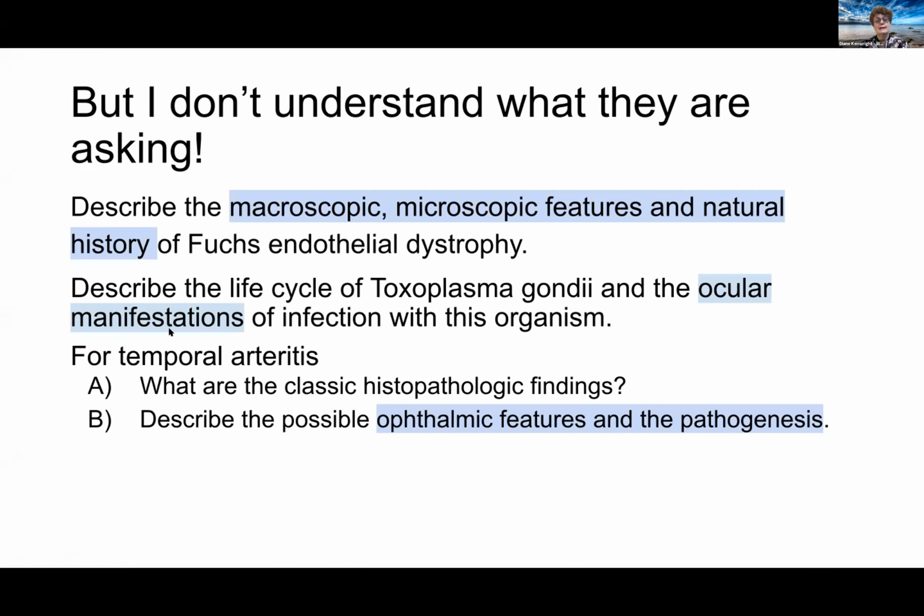Right, temporal arteritis topic. What are the classic histopathologic findings? They want to see what it looks like down the microscope. Describe the possible ophthalmic features and pathogenesis. Ophthalmic features means clinical and macroscopic features affecting the eye, all right, of temporal arteritis. And the